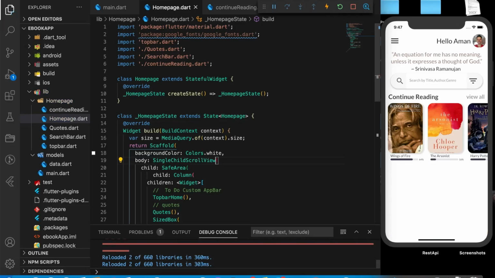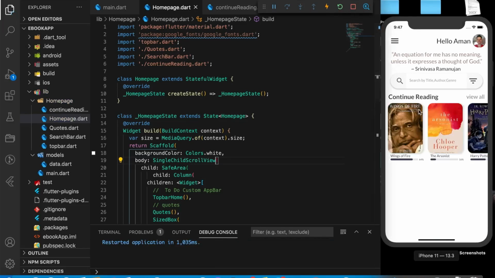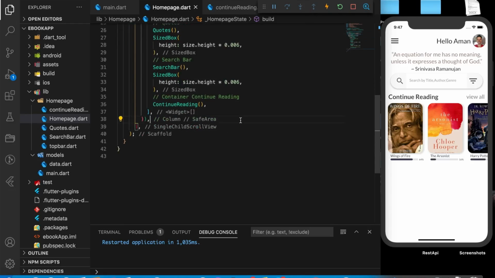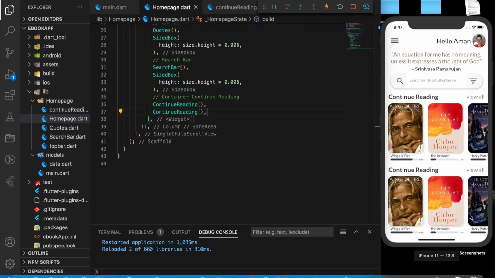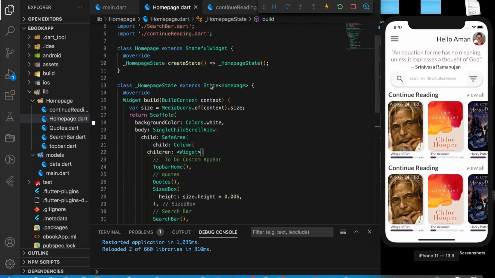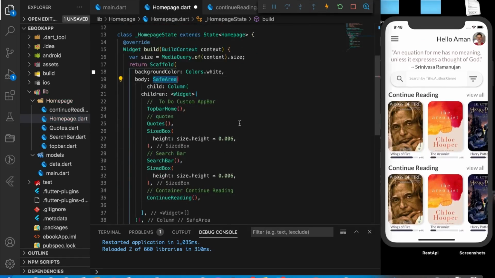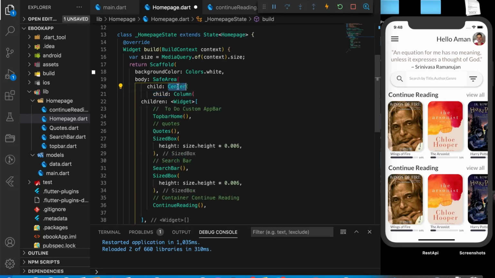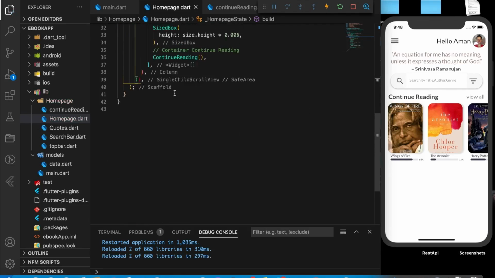Now we can wrap the whole thing into single child scroll view. Now we will use continue reading again. Now you can see that there are two screens. Now we are colliding with the AppBar because we have used single child scroll view above the safe area, but we will use it on the column. Now we will not collide